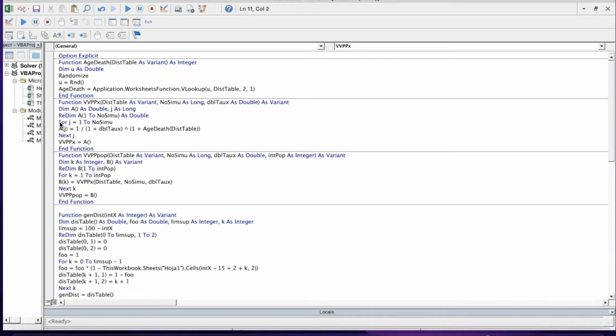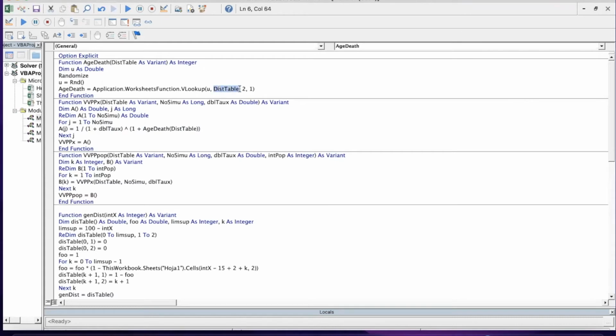And this loop over here is calculating the financial present value of one monetary unit with this formula: 1 over 1 plus the interest rate to the power of 1 plus this function over here, which is basically an integer random number that will be generated by this function. And this random number will be taken